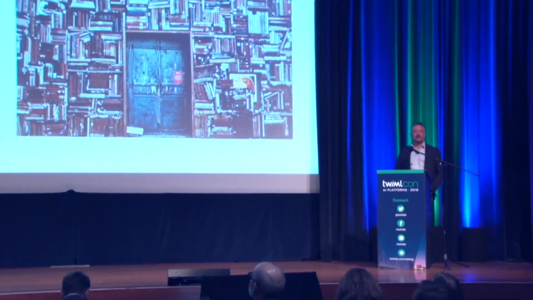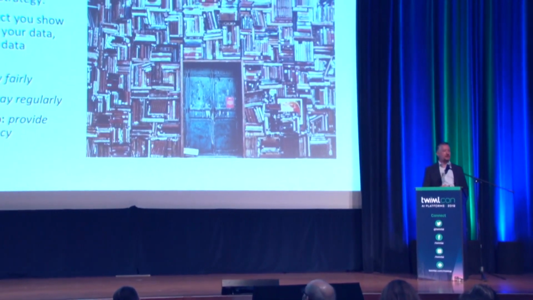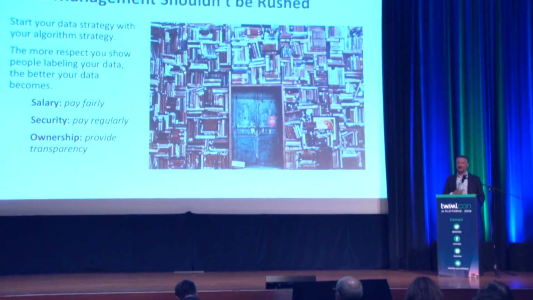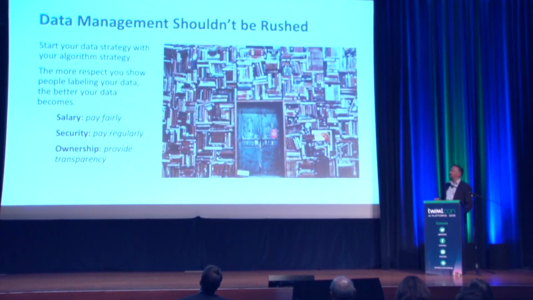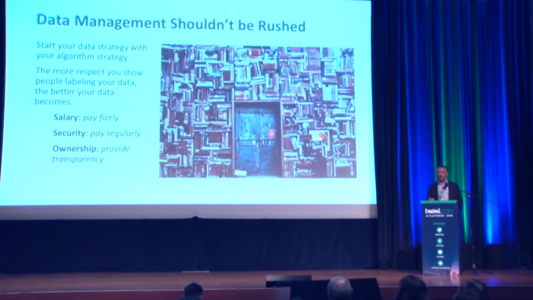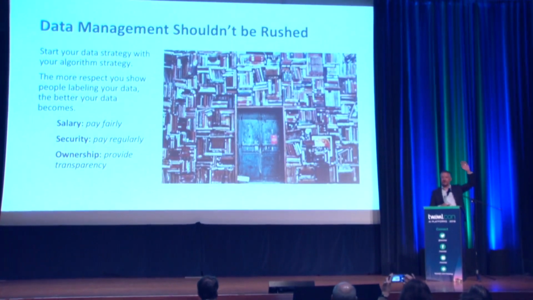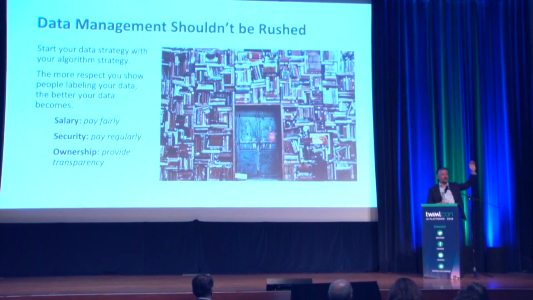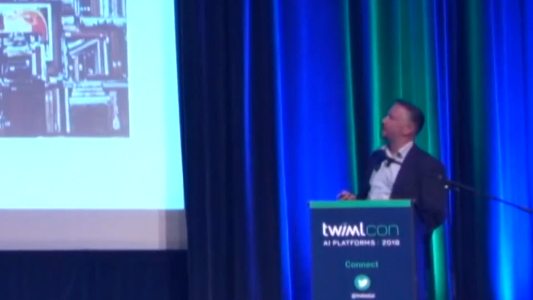I really appreciated the keynote from Andrew Ng, if you saw it this morning, when he spoke about how you need to start with really, really good data. I believe this was also echoed in the keynote from the VP at LinkedIn. You really need to think about starting your data strategy with your algorithm strategy. Have any of you built machine learning systems and put them in production before? All right, do any of you disagree that you need to start your data strategy early? Okay, good. So we're on the same page here. We're preaching to the converted.